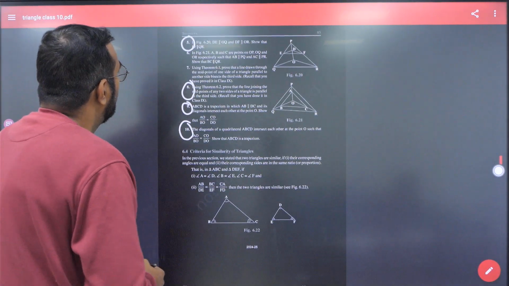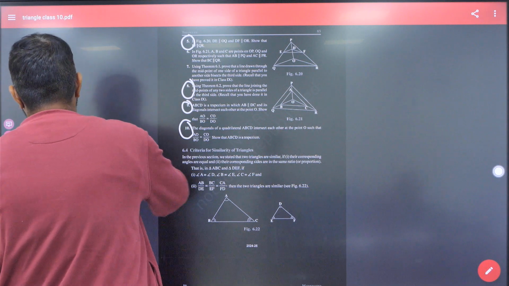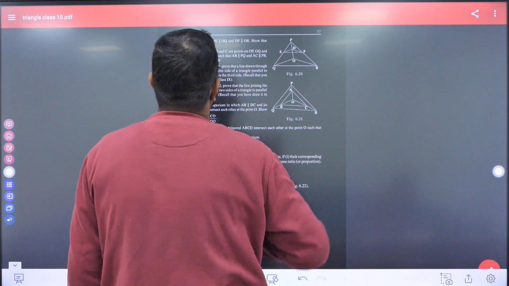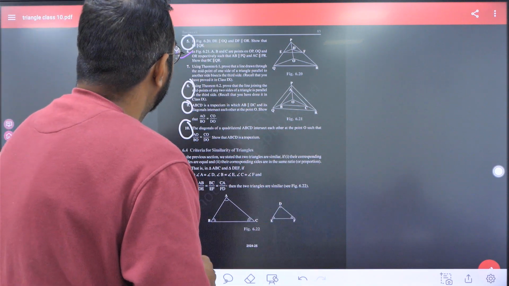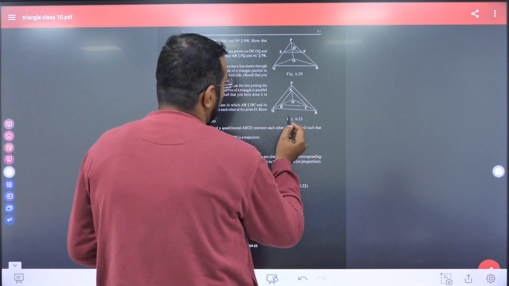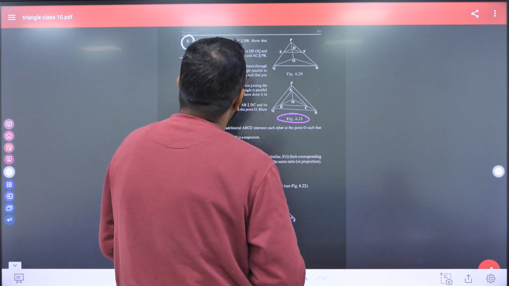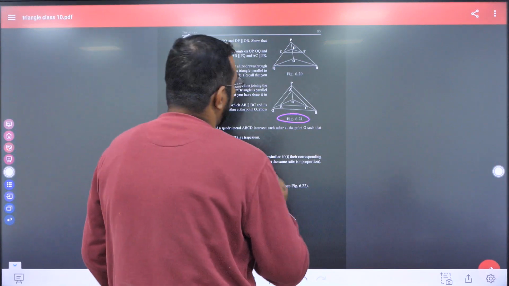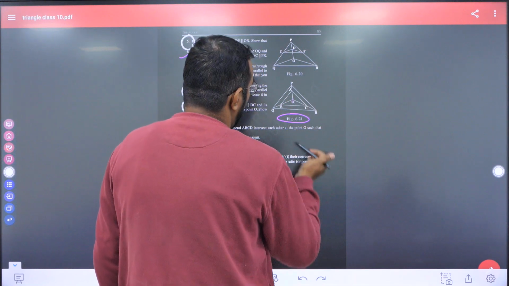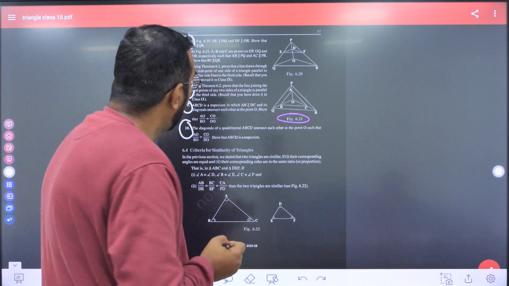So let's move to the next question, that is question 6. The figure of this question is also given here in figure 6.21. In this figure, A, B, C are points on OP, OQ and OR. You can see that A is on OP, B on OQ and C is on OR in this triangle,